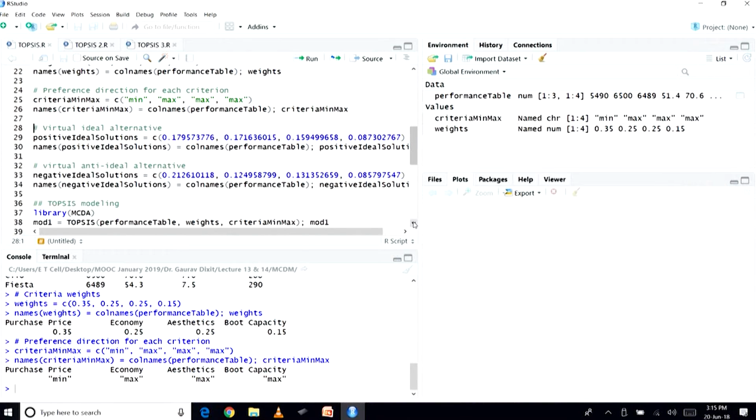Here you can define your ideal and anti-ideal alternatives. This is one distinguishing feature of this particular package. Here you can see some values have been specified, the virtual ideal alternative. You can see 4 values are there, given the 4 criteria that we have. With respect to each criterion we need to find the alternative having the best value for the ideal alternative, and having the worst value for the